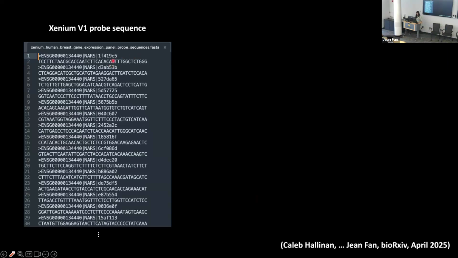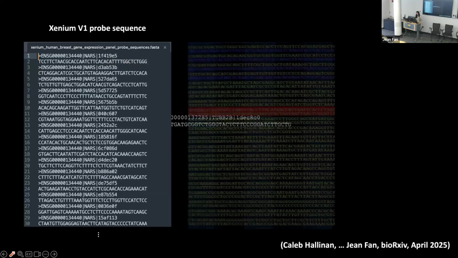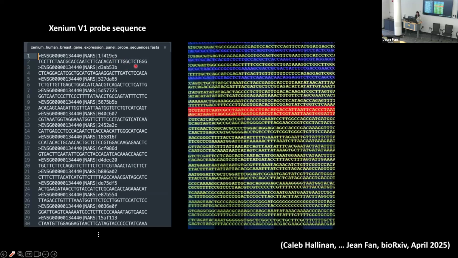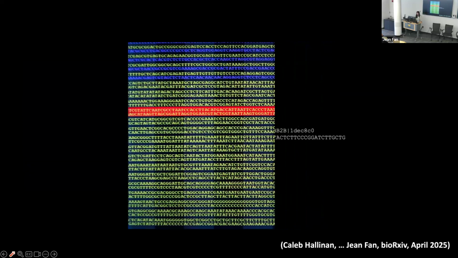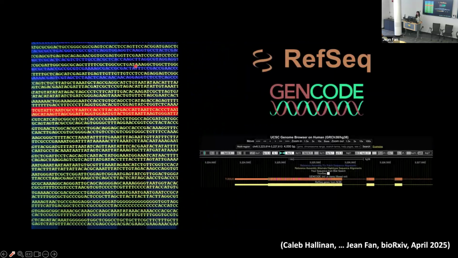These are, again, commercial panels. We can align them to the human genome and see where these probes putatively align based on base pair matching. And then we can reference various human genome annotations like RefSeq and GenCode,